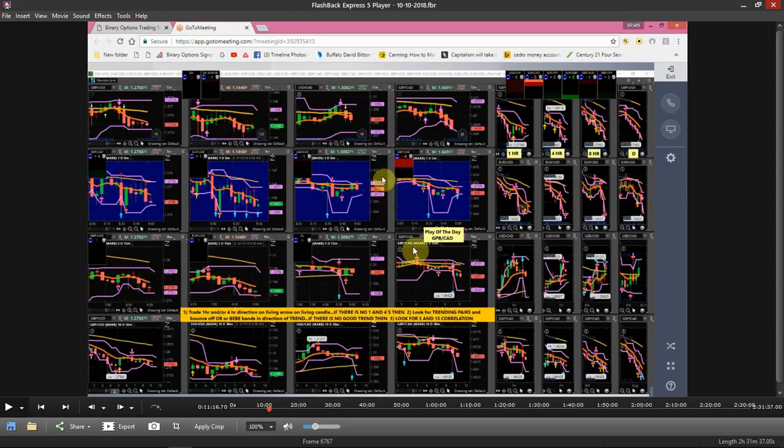Now, how I view this is like this, okay? These were big moves right here. Until I see a 1 and a 4 correlation, it ain't going to go back up, okay? Not until I see that. I've got to see the 1 hour and the 4 hour correlate first before I know that's going to go back up.